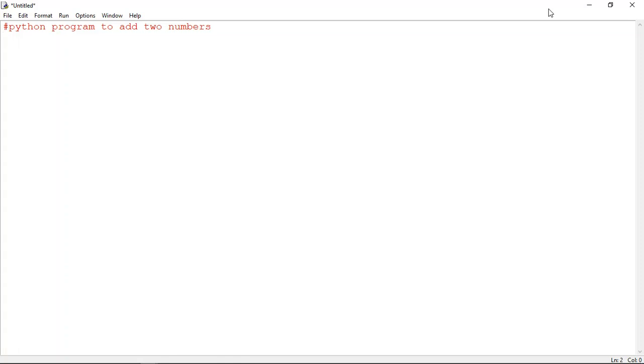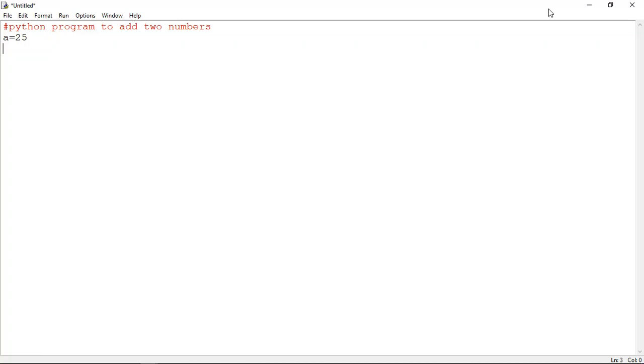Basically there are two ways of getting input of the values. The first way is to take the inputs directly, and the second is by reading the input value. First we'll discuss how we can take the values directly. Suppose we have a variable a and we give a specific value to it, suppose 25.